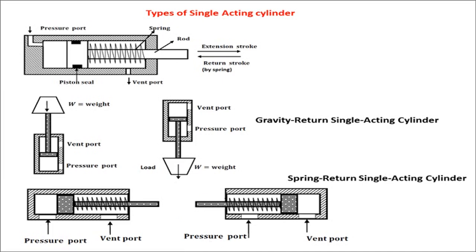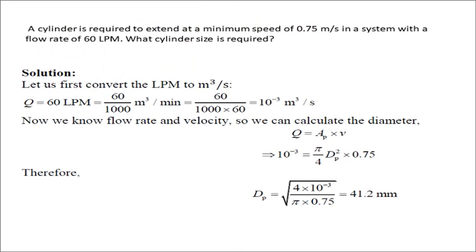So let us consider a simple numerical by which we will understand what the required velocity is. Usually we know about the cylinders, as per our application, what the power required is, which gives us the discharge required for the application, and we also know the required speed of the application. So simply by using Q equal to area of piston times velocity of actuator, we can find out the area of the piston. This example will tell you how to find the area of the piston.